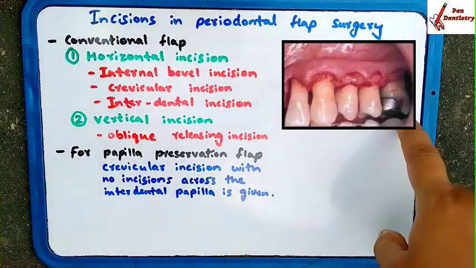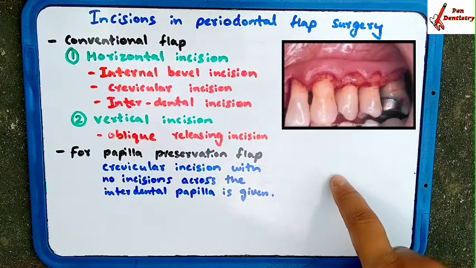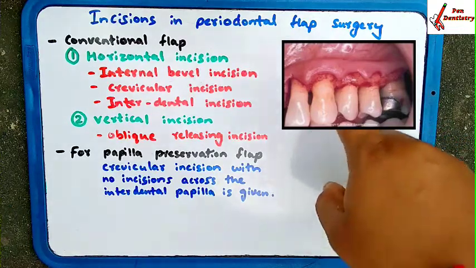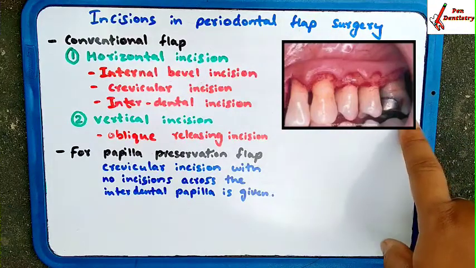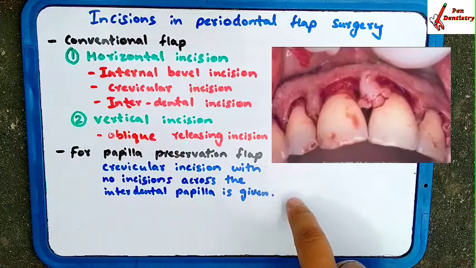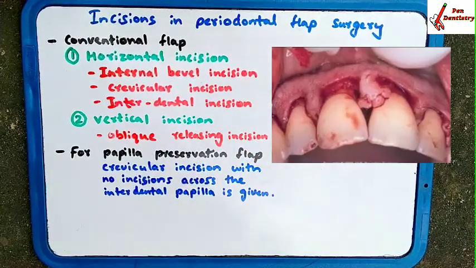You are going to make the incision and raise the lingual flap and the labial flap, lingual or the palatal, or the labial. In the papilla preservation flap, the papilla is preserved and the flap is raised. The picture I have shown how it is done, conventional and papilla preservation.